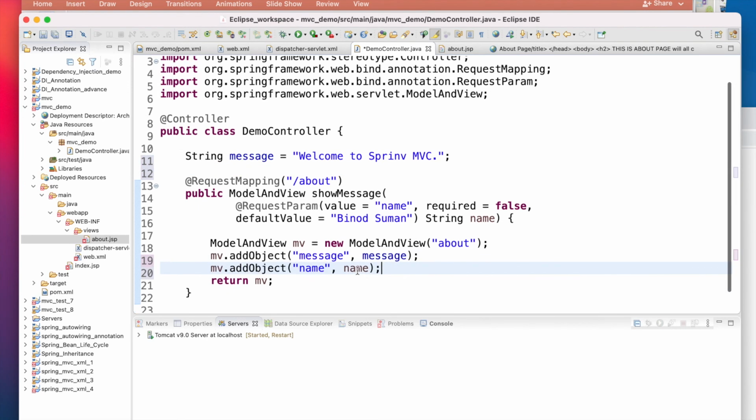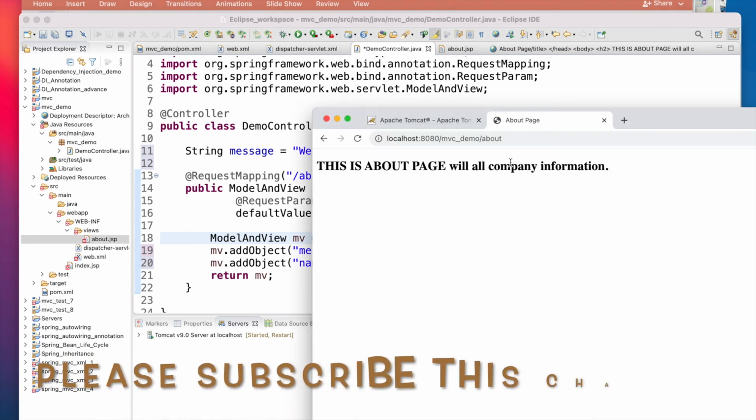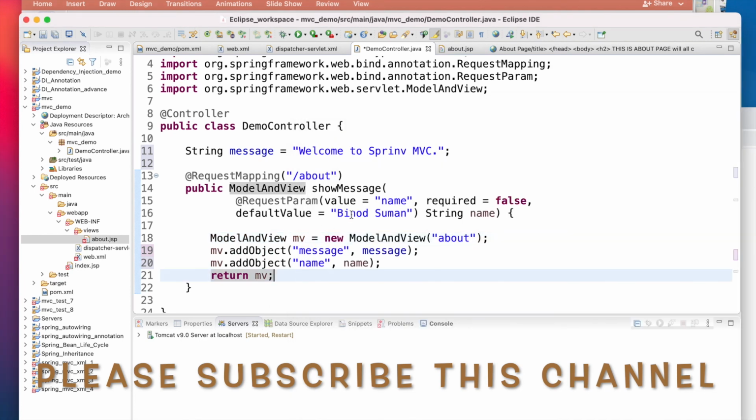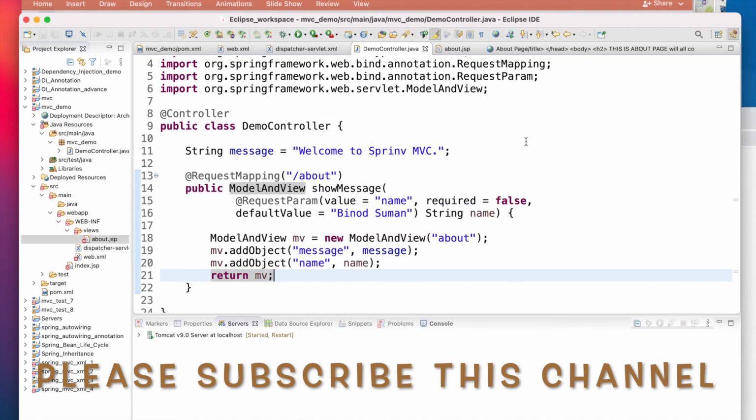In this ModelAndView, they have the view information and they have the model information also. So I'm sending the message and the name also. And the name will come through your path, meaning from here I will pass the name. If I do not pass the name, by default it will take my name, because I have given required is false. Okay, I have already saved it. Now let me show. So it will go to the about page.